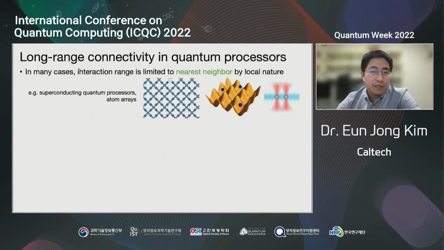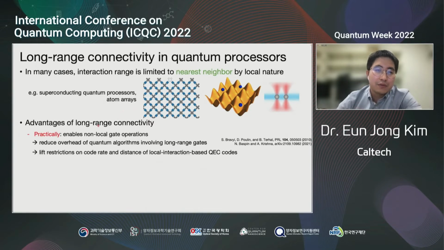In many of these cases, the range of interaction in quantum processors is limited to nearest neighbor by the local nature of coupling. Examples of such cases include most superconducting quantum devices and arrays of atoms. There are various reasons why we want to pursue long-range connectivity in these types of quantum processors. One may think that short-range connectivity is not really an issue in practice because the most highly pursued quantum error correcting code, known as the surface code, only assumes nearest neighbor connectivity. However,